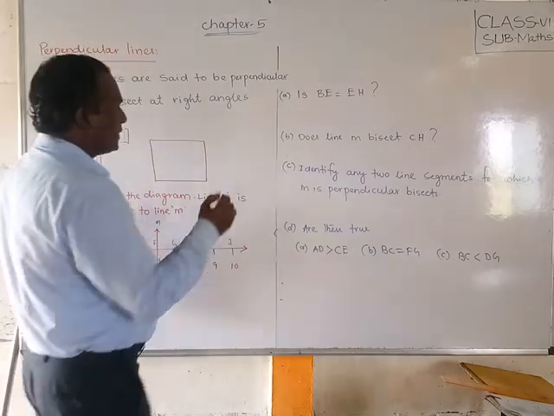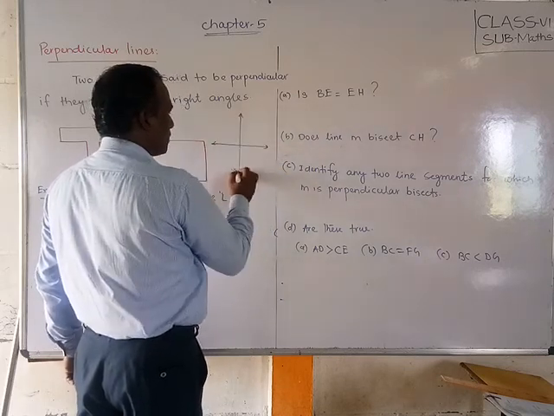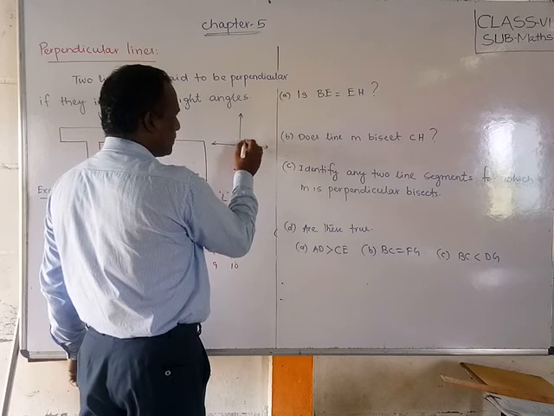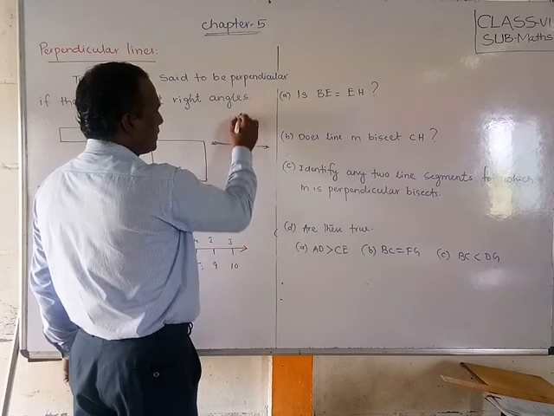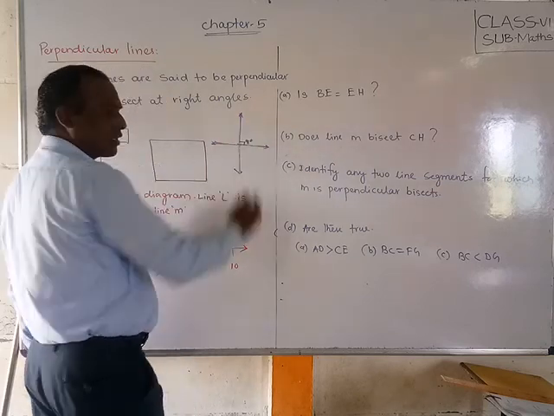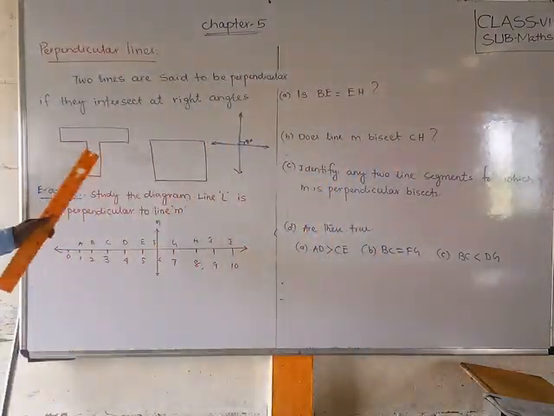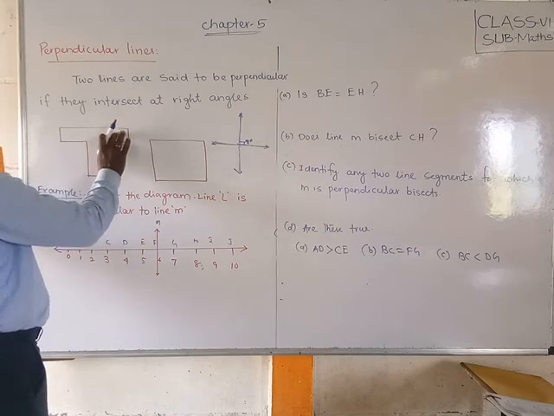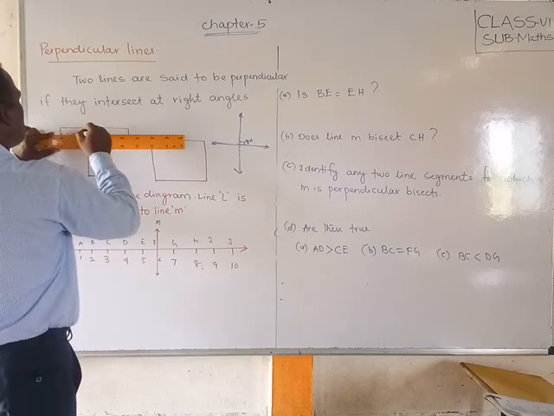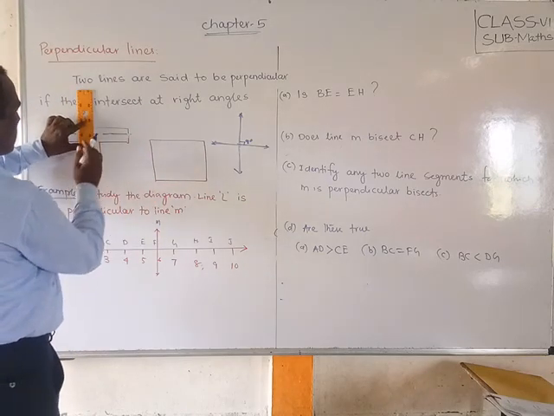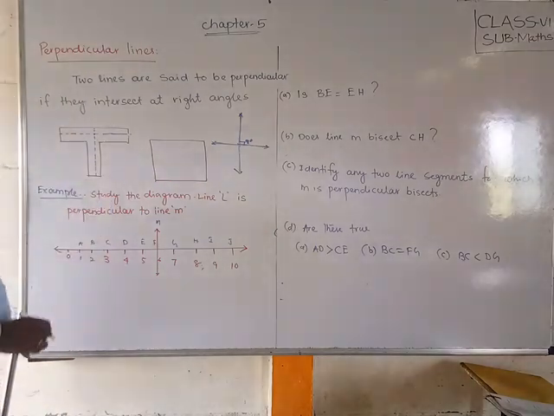Students, observe two lines, suppose this is one line and this is another line, like a cross symbol. If they intersect at 90 degrees, then this angle is called a perpendicular angle. You can see it in the English alphabet T: this line with this one is 90 degrees. If you draw the middle line and another line like this, they intersect at this point, and that is the perpendicular line.